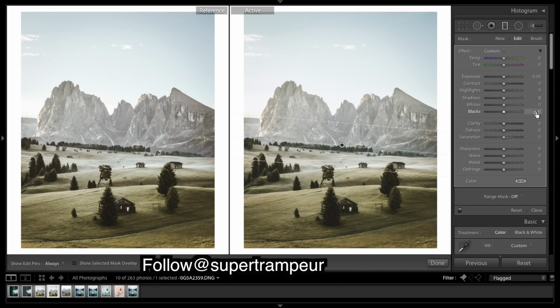And what I might do is just slightly drop the blacks, and that will just bring out a bit more of the edges and shadows. And then I'm going to also drop the temperature a bit. The temperature in the landscape looks good, but